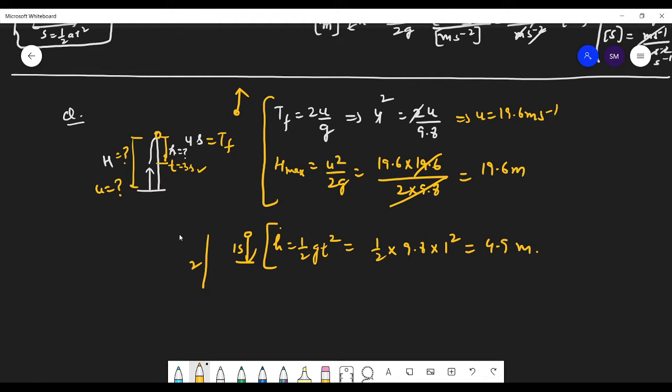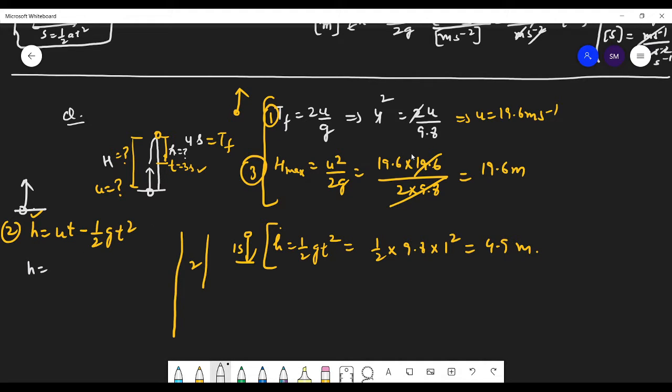And if you want to calculate, like I told you, very brilliant formula. First formula you have used, this was the third formula, and you want to use the second formula, students. That is h is equal to ut minus half gt square. I told you that it will tell you where your body is. Your motion starts from here, and we have taken this as upward motion, right? So this h is the displacement, right? So this h will tell you if it is positive, it's upward from this origin, and if it is negative, it is downward from this. So let us find this h.